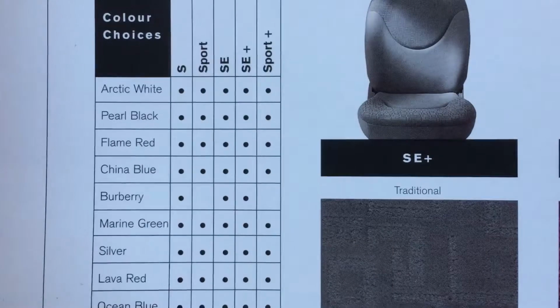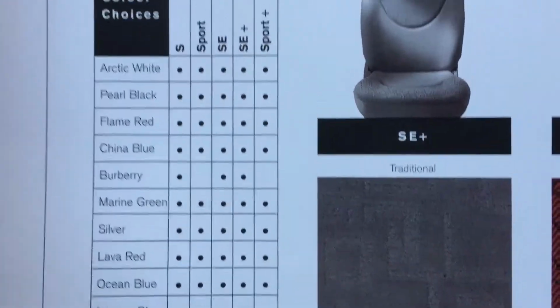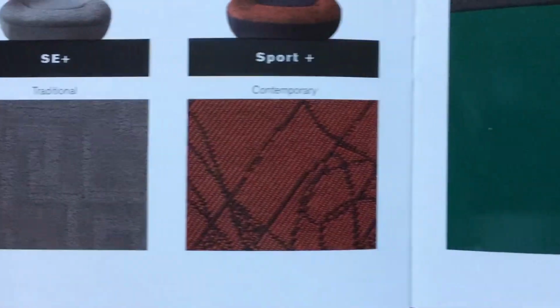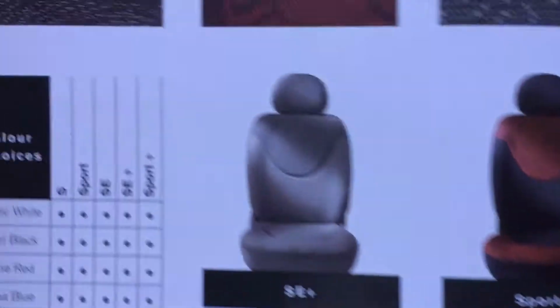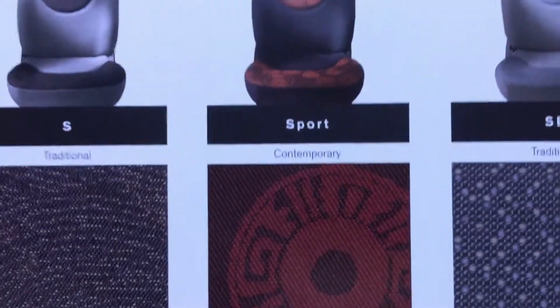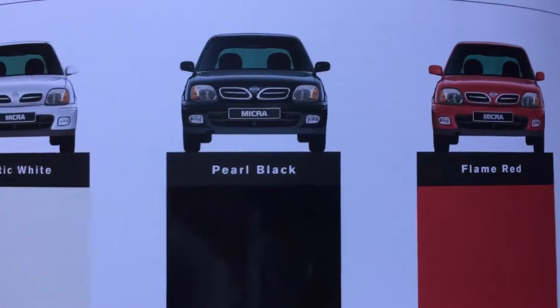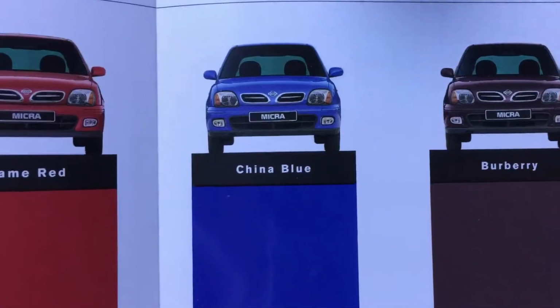So the Sport is available with the majority of colours except Burberry. Well, actually, yeah, except Burberry, which is odd. We've got the Sport Plus, which has this contemporary style, which is different to the contemporary style used on the Sport. Colour-wise, we've got Arctic White, Pearl Black, which looks very nice, Flame Red, China Blue, which is one of